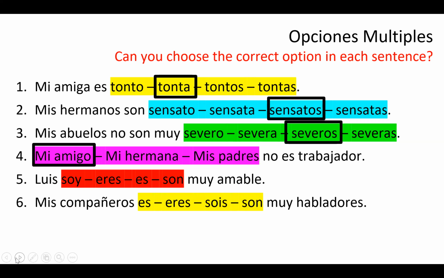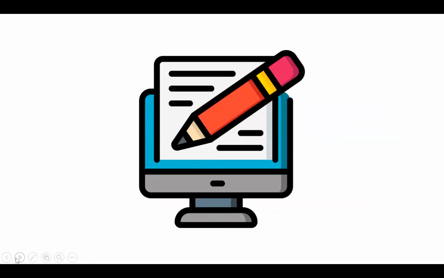Luis for number 5. Choose the correct part of the verb ser this time. Luis es muy amable. Is. A similar option for the bottom with mis compañeros, my colleagues. Mis compañeros son muy habladores, are very chatty. I hope you did great on those ones, everybody. Well done. Now, for this next activity, you're going to want to have a piece of scrap paper and a pencil together as I get you working through some sentence constructions, giving personalities as a reason why you may or may not have a good relationship with people around about you.